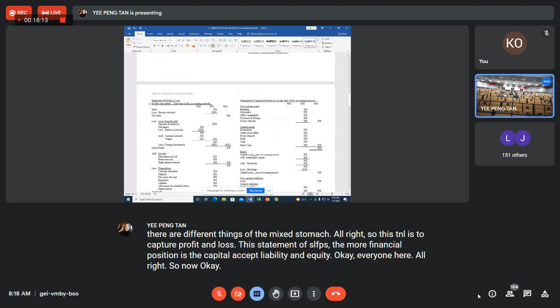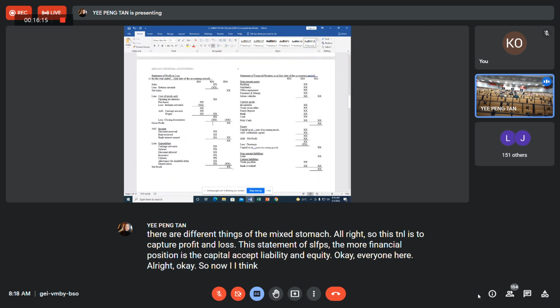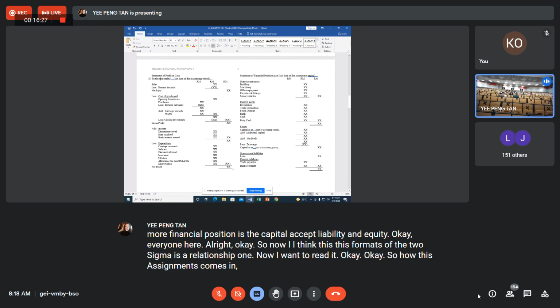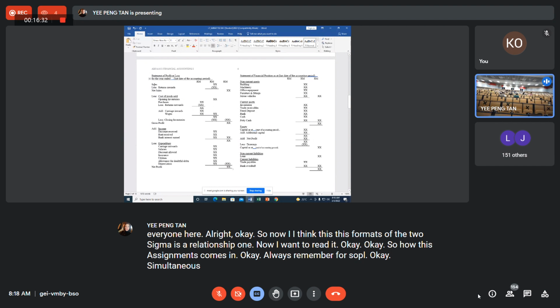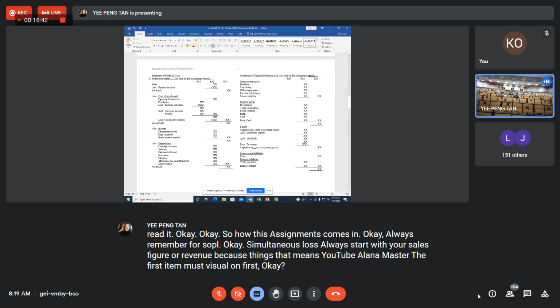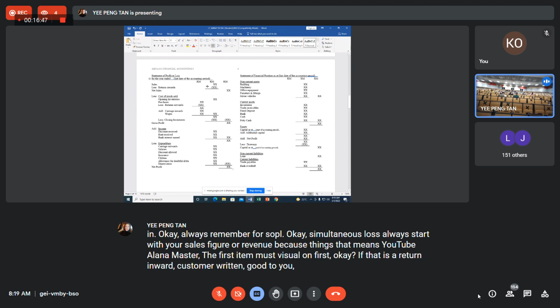Now I think the formats of the two statements were already shown to you in lecture 1. Now I want you to revisit them again. So how do these statements come in? Always remember, for the SOPL, statement of profit or loss, always start with your sales figure or revenue figure. Sales, that means jualan. The first item must be sales. If there is a return inwards, that means your customer returned goods to you, you have to minus